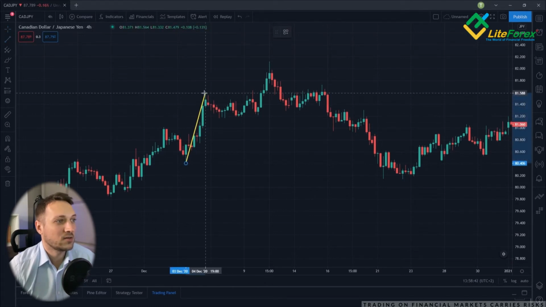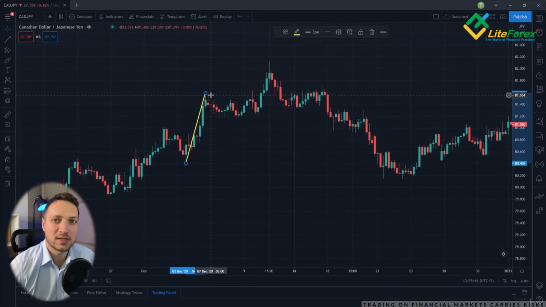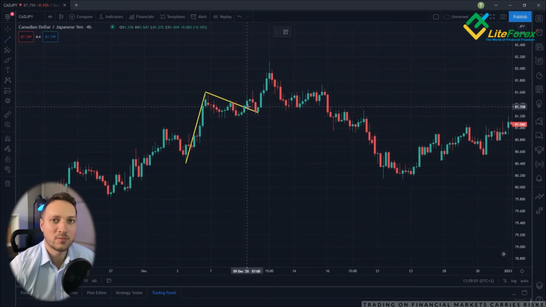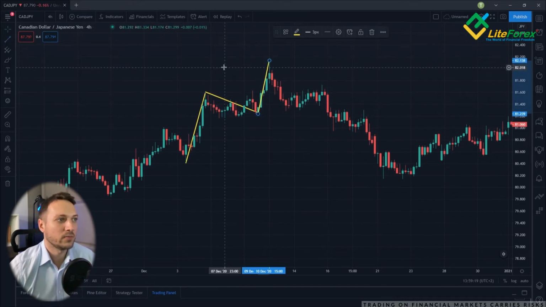We should spot and mark the three extremes, in this situation the three highs, and I will mark them right here. We have the first shoulder, and the middle one from those three extremes should be the highest one. It should be clearly visible that the middle extreme, the middle high or low, in this situation high, should be higher than the two other highs. So we are marking the head right now